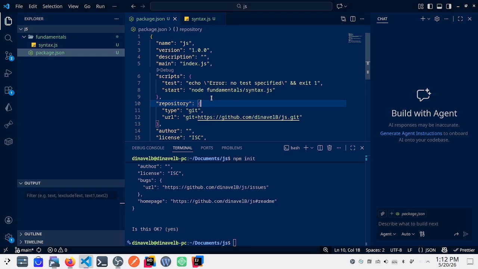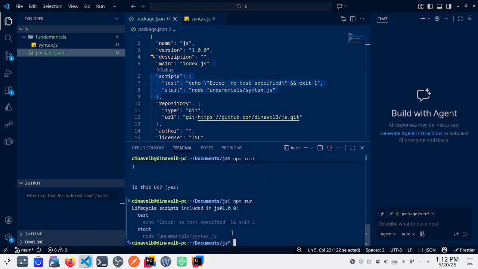Okay, so for us to see if it actually added the scripts or commands to your project, we can just run the keyword npm run, and we can see here the added customized command.